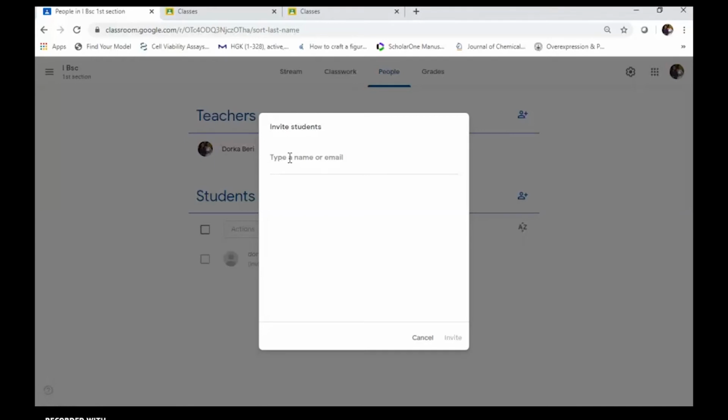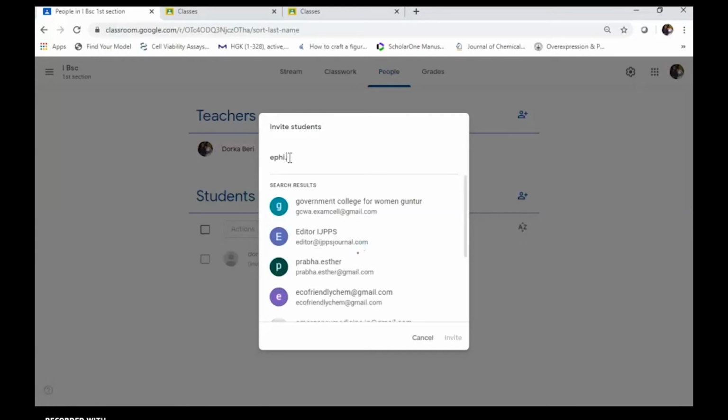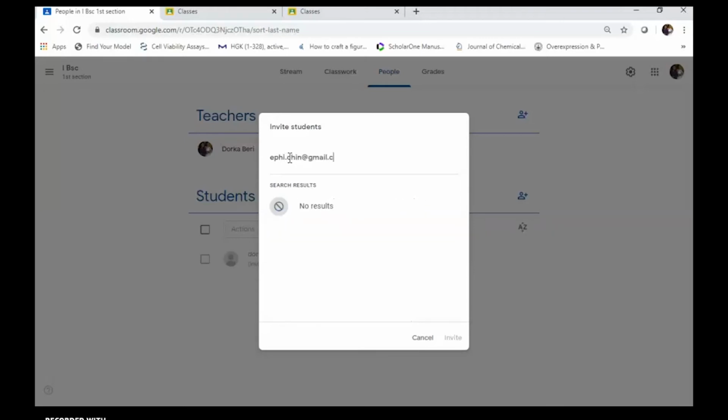Like this. Then give a space or anything. Then go to another mail ID. Like this, in this manner you can write the email addresses of all the students and just click select here invite. Then an invitation is sent to your students.